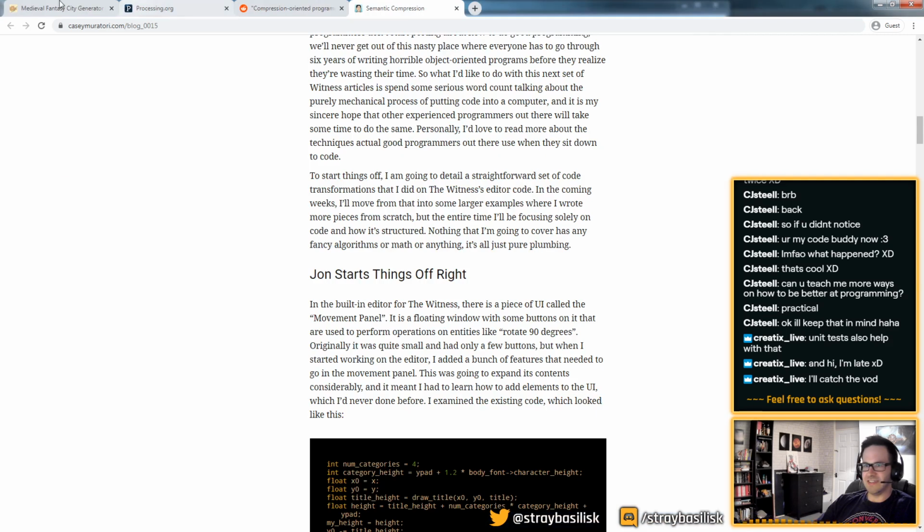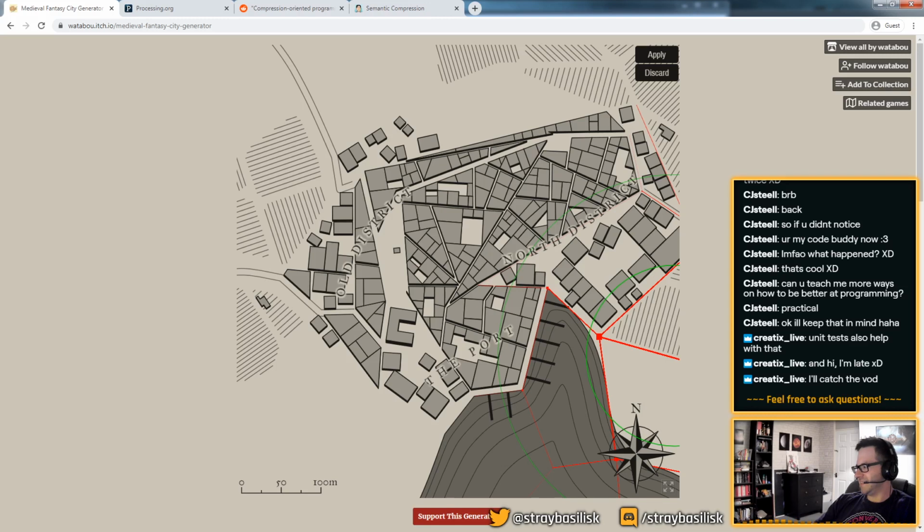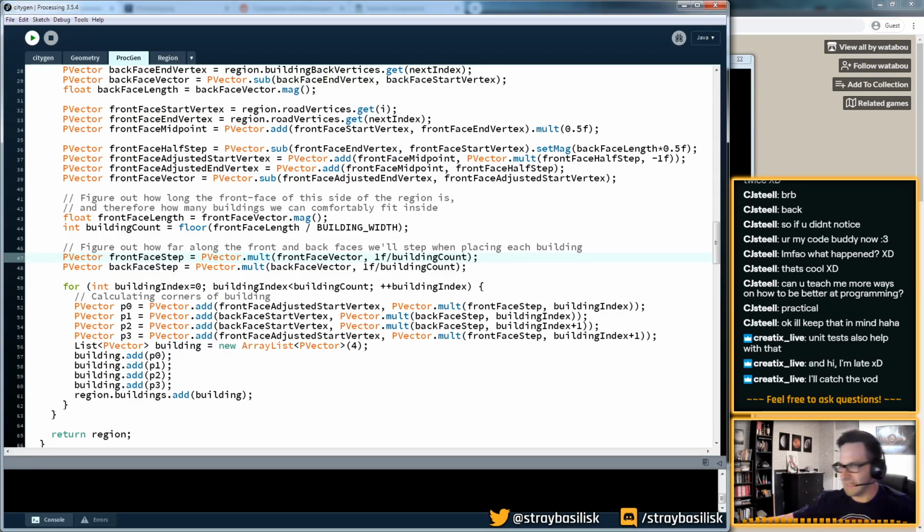This is based loosely on a tool for randomly building and populating cities. Right now it works basically by taking these polygons, insetting them to form the roads, insetting them again to form the back row of the buildings, and then subdividing these lines in order to put buildings along them. And really the last step, which I want to do, is rather than these buildings just being squares, I want to have arbitrarily shaped things in here. So I've already defined the corner points of each building. So what I think I want to have